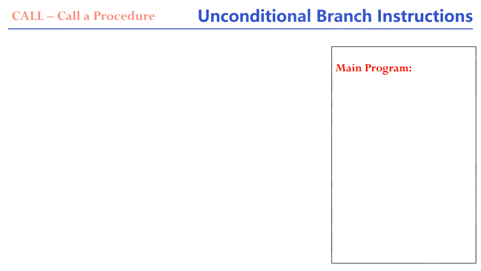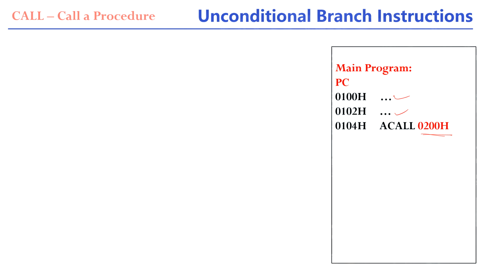I am executing a mainline program like this. PC is having 0100. My program starts here. Let us consider one instruction is available in this location, another instruction is available. Like I am executing like this, then I need to call a procedure now. Whenever I require a procedure, I need to call it with the help of